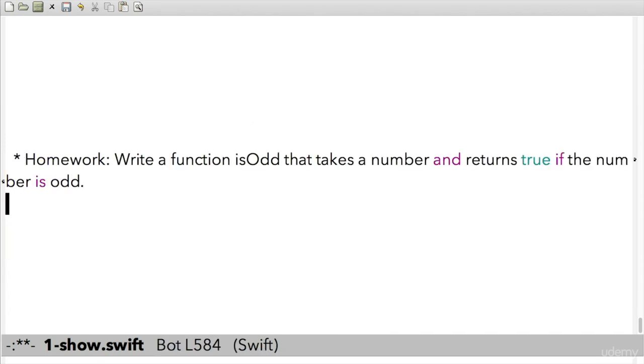So that is all, and I'm just going to give you a homework that you can think of for next time, for the next lecture. The homework is asking you to write a function called isOdd, which takes a number and returns true if the number happens to be odd, not even. So for example, if I print isOdd on a number,